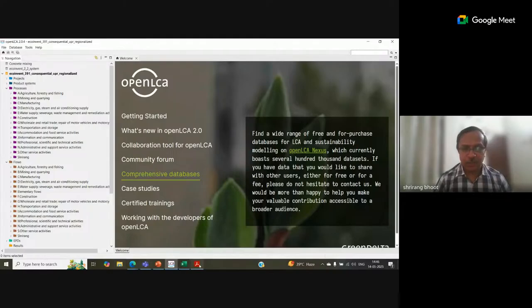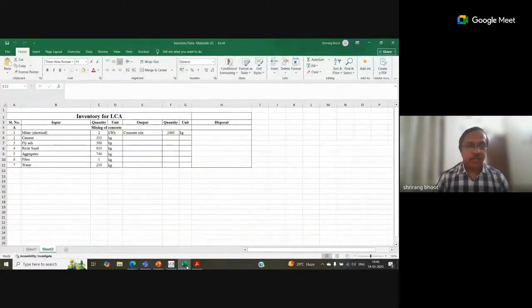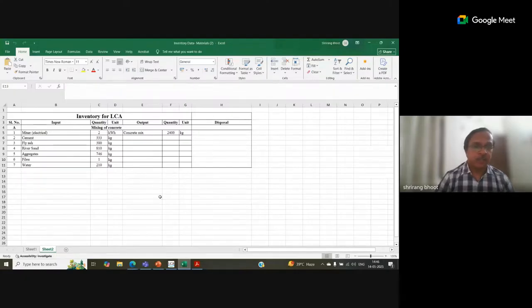I have done a small example where I have collected data where we want to do a life cycle assessment for a concrete mixing activity. So here we are just doing a concrete mix, which is for 1 cubic meter of concrete, which is approximately 2,400 kgs. I have collected this data. It's not exact data; it's random data, just to give you an idea of how it works.